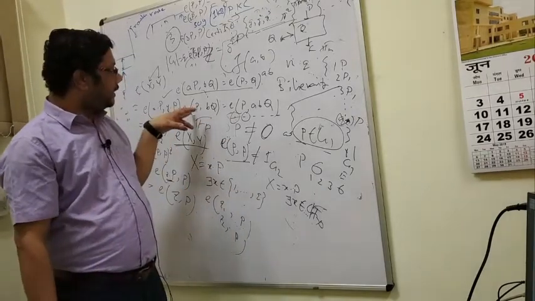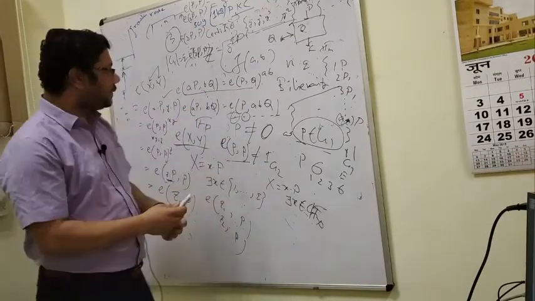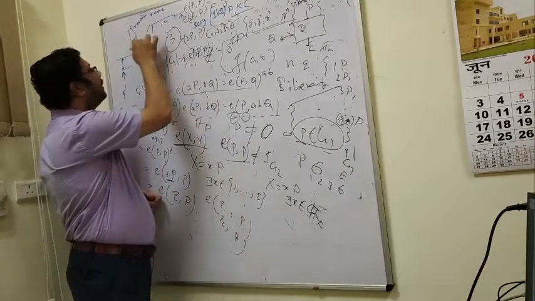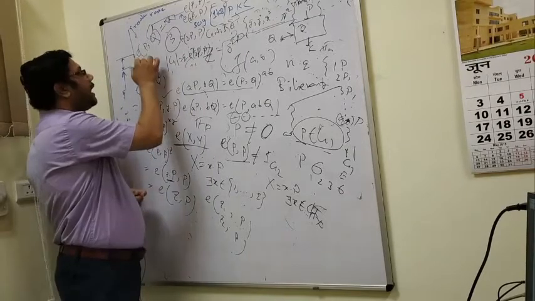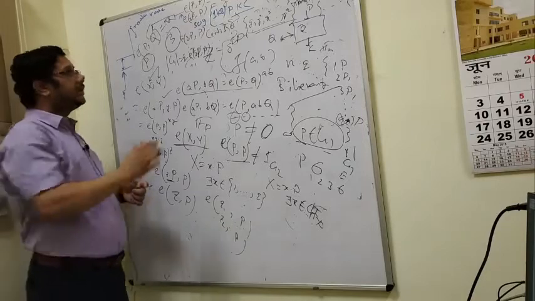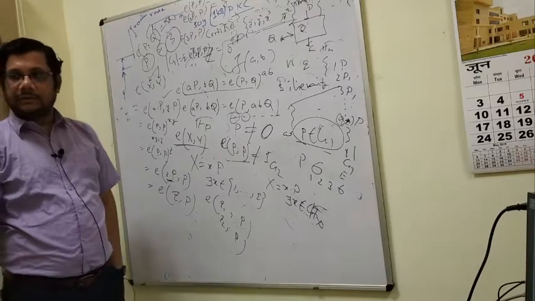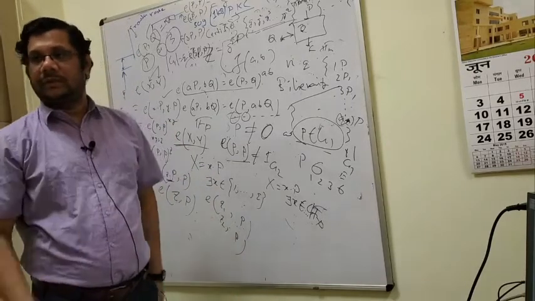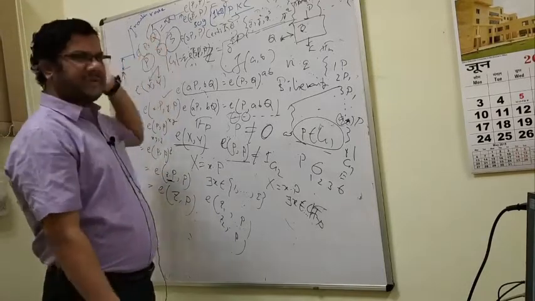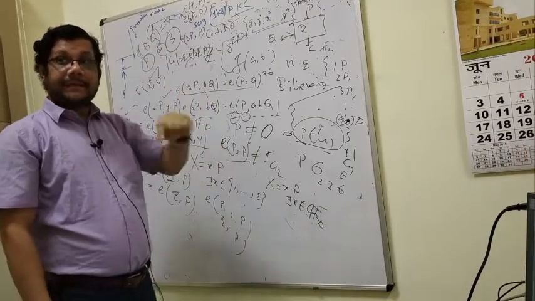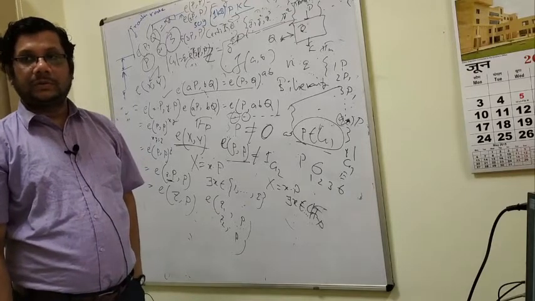Now, given P and Q, calculating e(P,Q) is very easy. Suppose e(P,Q) is x. Calculating is very easy. Now suppose I tell you what P is. P is the generator point. I tell you what x is. You have to calculate Q. That is difficult. Irreversible. This way you can easily calculate, that way you cannot. P and Q are given. P is a constant point. So if Q is given, you can easily calculate x. If x is given, you cannot easily calculate Q. Got it?